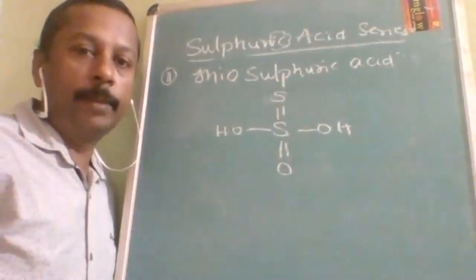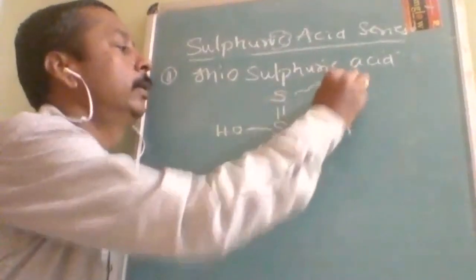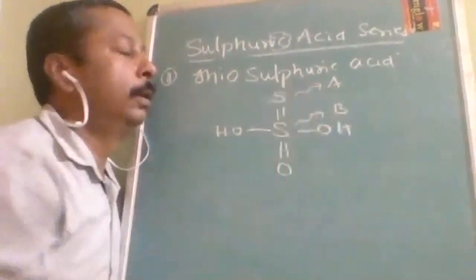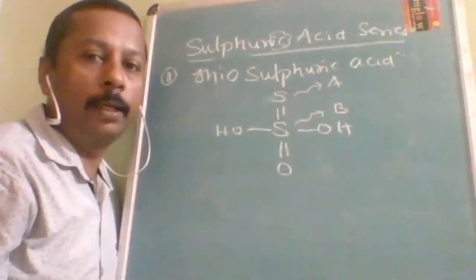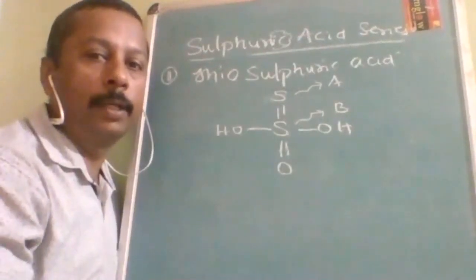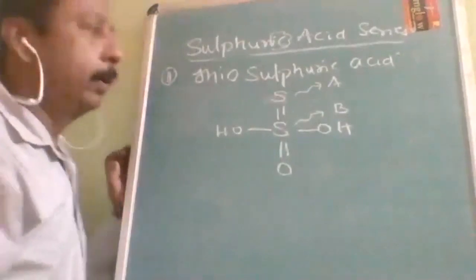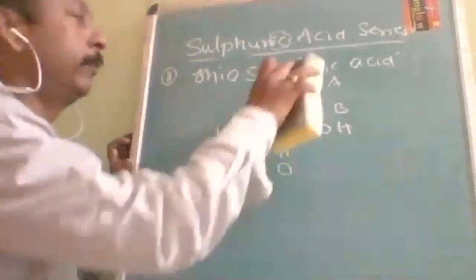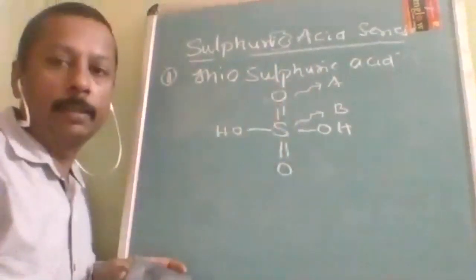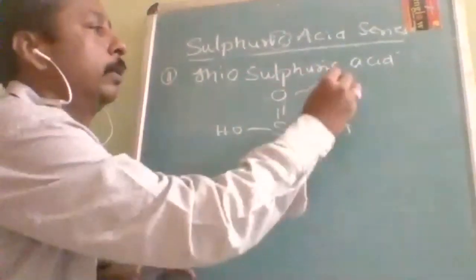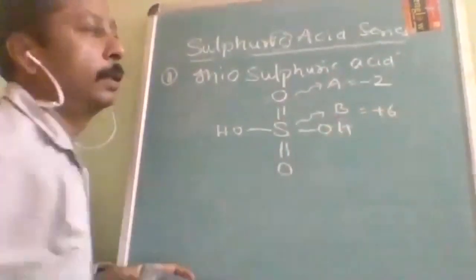Okay. So anybody can answer what is the oxidation state of this sulfur. Let us take this A and let us take this B. Now all of you start sending answers for S A and S B oxidation states. Now see, this type of method, from where it originated, we should write. Okay, it is originated from this one. Okay, so in this one, what is the oxidation state here? It is -2 and it is +6.